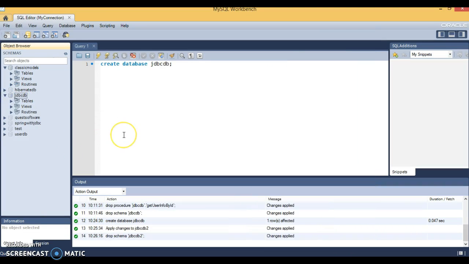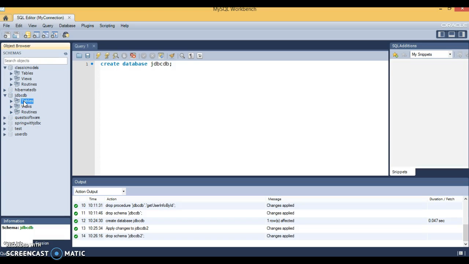This schema I'm going to use throughout the demo for JDBC. So here you can see three directory, right? Tables, views and routines. So if you create any table, that will go into this directory. If you create any views, database views, then that will go to this directory. And if you create any routines like database store procedure or functions, that will go into this directory.